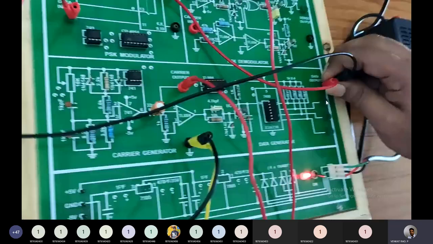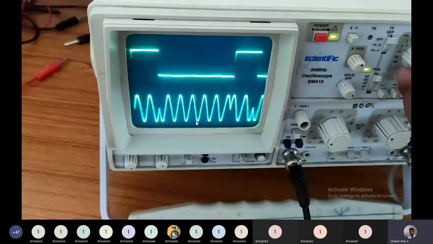Now here I am going to change the input connection to the second one. That means the bit sequence is totally going to change. So according to that changed bit sequence, let us see what the PSK modulated waveform will be. Now let me connect it. What is the second bit sequence? We have already analyzed it. The second input sequence is 1 1 0 0 0 0 0 0. That means 2 ones and 6 zeros.